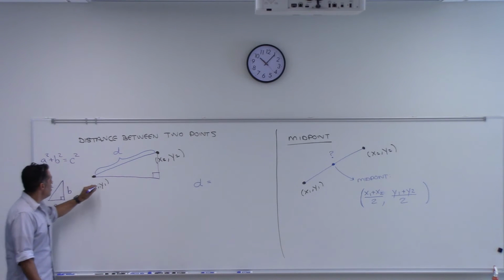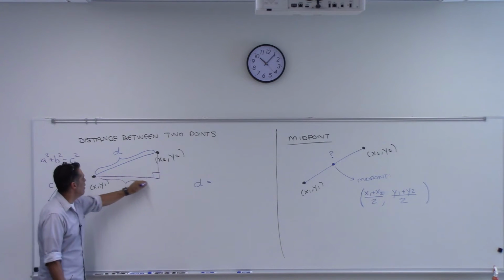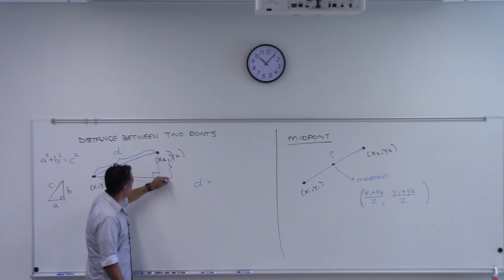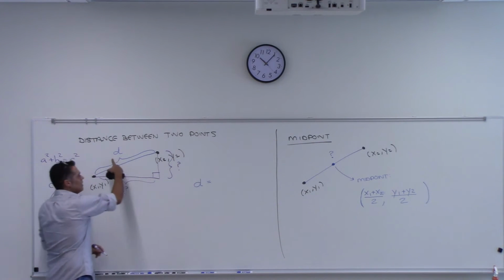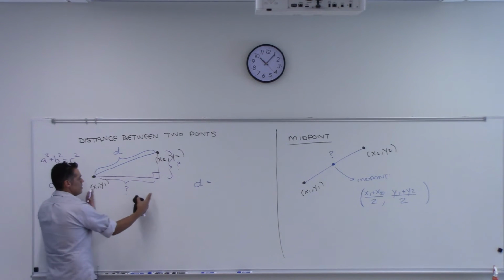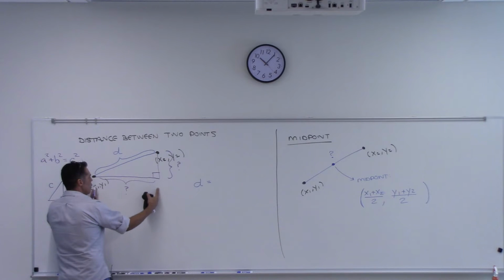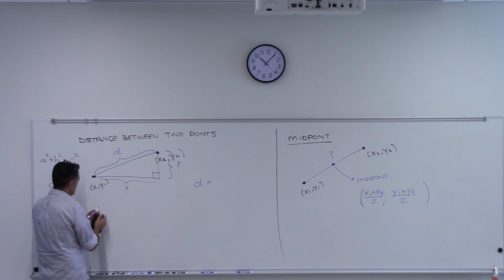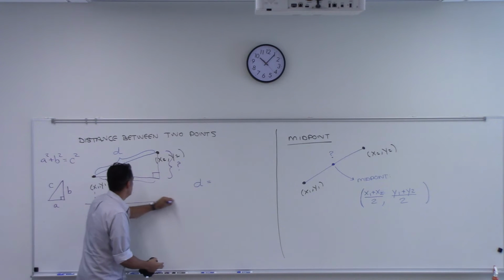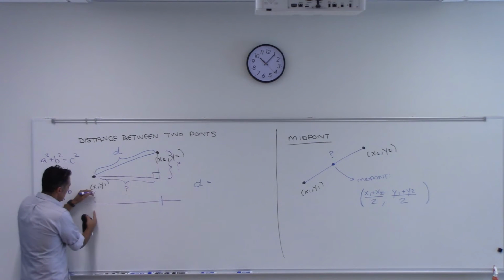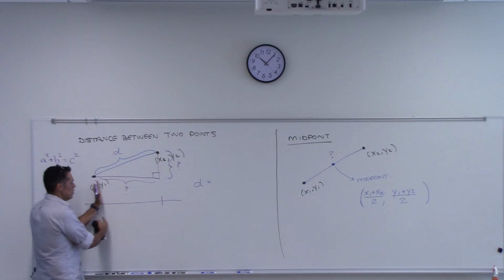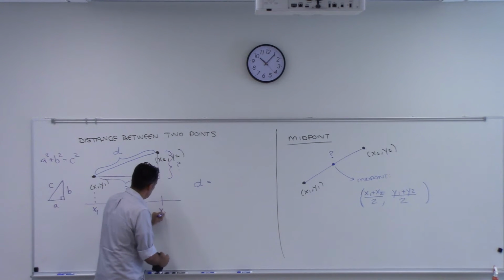So if I knew what this distance was, and if I knew what that was, then I should be able to figure out what this is. Okay, so let's talk about this. How long is this? You have to imagine that whatever this value is, think about the x-axis here. Whatever this x value is, that's x1, right? That's this distance. And then when we move over here, this is x2.